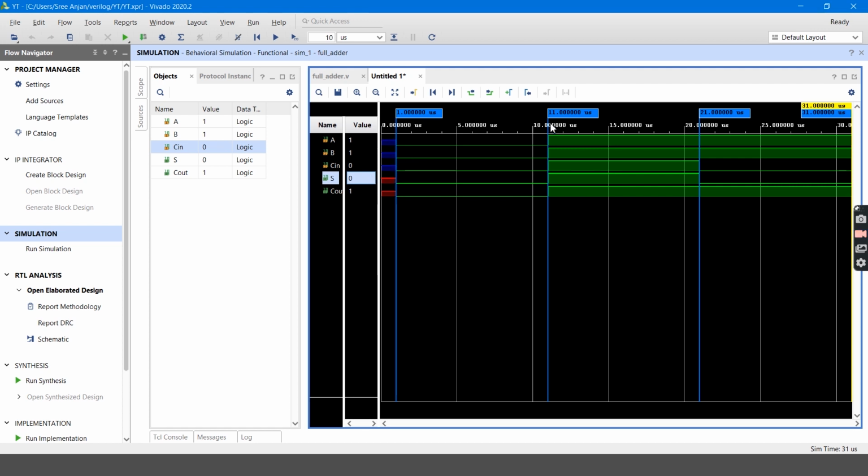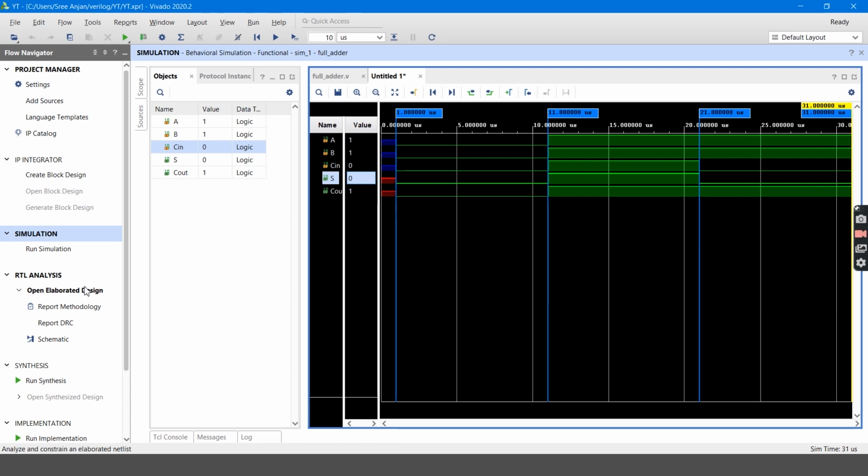From 1 microsecond to 11 microseconds, I gave 0 0 0 as an input, so I got 0 0. From 11 microseconds to 21 microseconds, I gave 1 1 1 as an input, so I got 1 1 as an output. From 21 microseconds to 31 microseconds, I gave 1 0 1 as an input, so that I got 0 and 1 as an output.